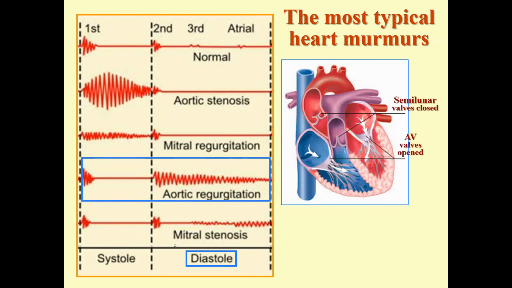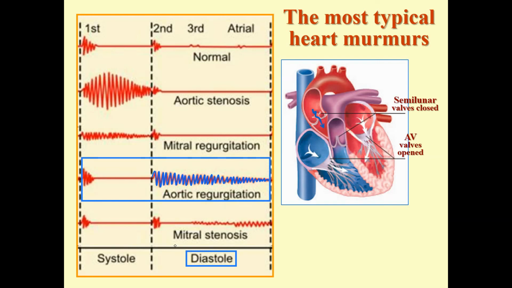Look, these valves should be open, but these valves should be closed. And now let's imagine that the aortic valve is not fully closed. Aortic regurgitation occurs. At this moment, blood should not come back from the aorta, but with the opening available, it starts to go because ventricles are relaxed and the aorta has high pressure. And so, from the high pressure aorta, blood easily will move back to the relaxed ventricle with low pressure. So aortic regurgitation, as you can see, produces the murmur throughout the whole diastole. Especially high from the beginning, and then with decline of pressure in the aorta, it starts to be less, but